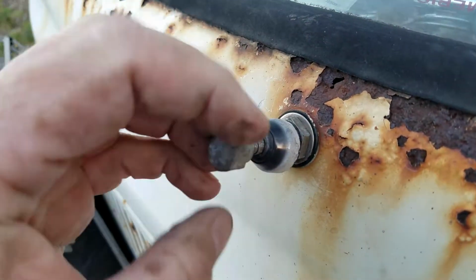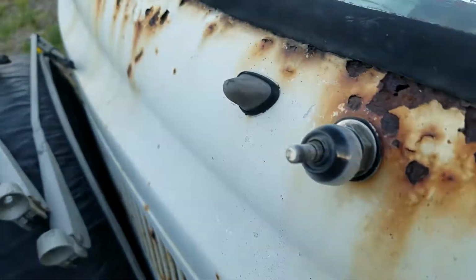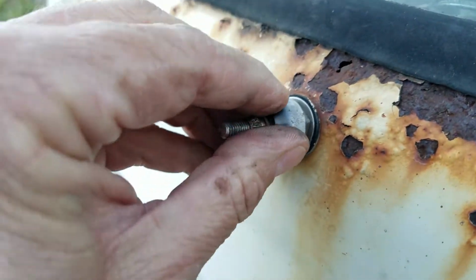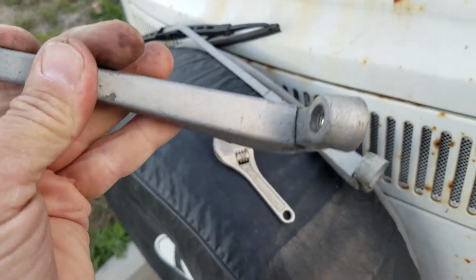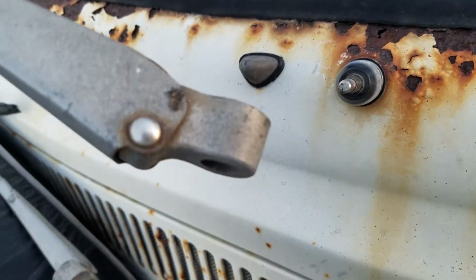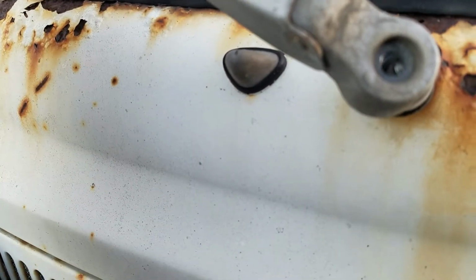Alright, so I'm gonna unscrew this. Put it somewhere where we can drop it on the ground and never find it again. And here's a windshield wiper blade and arm. Whole assembly. I'm gonna pop this. Oh, sorry. Okay, there we go. It was bent like that. I straightened it out. Alright. Now,